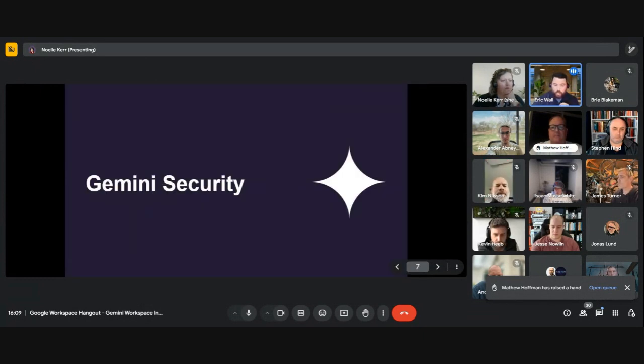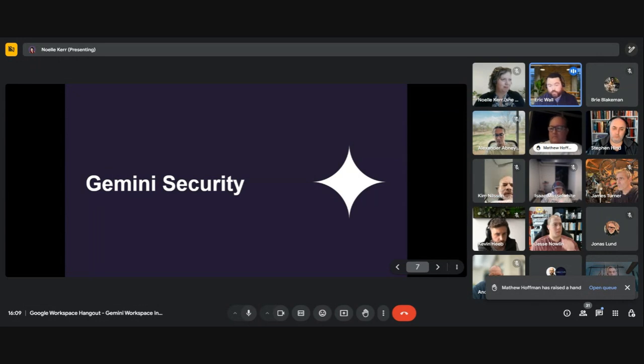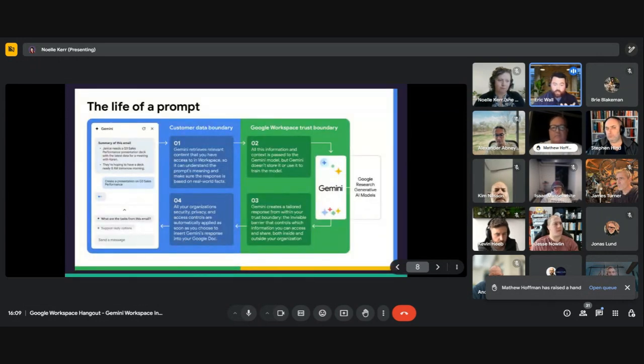The next area that we look at, and we've seen this with every client as we looked at Gemini, and it comes up again and again, is really around security. Everybody's worried about an AI tool in their business, and a lot of people are rightfully worried about what it can do within a business. So what we look to do here is strip back and understand, okay, what is Gemini doing in the background? And the way we do this is look at the life of a prompt.